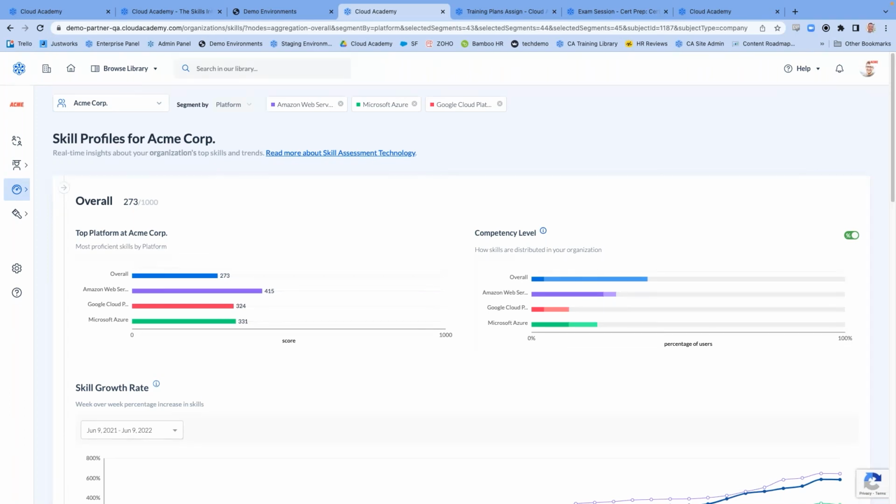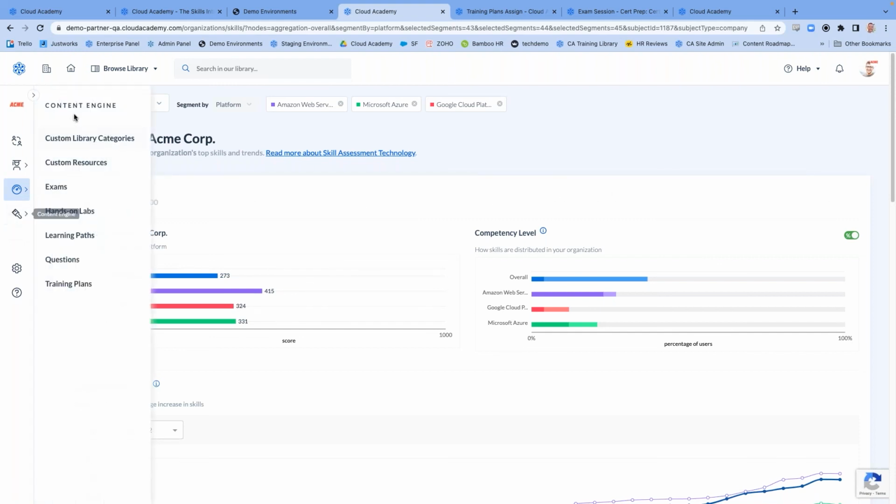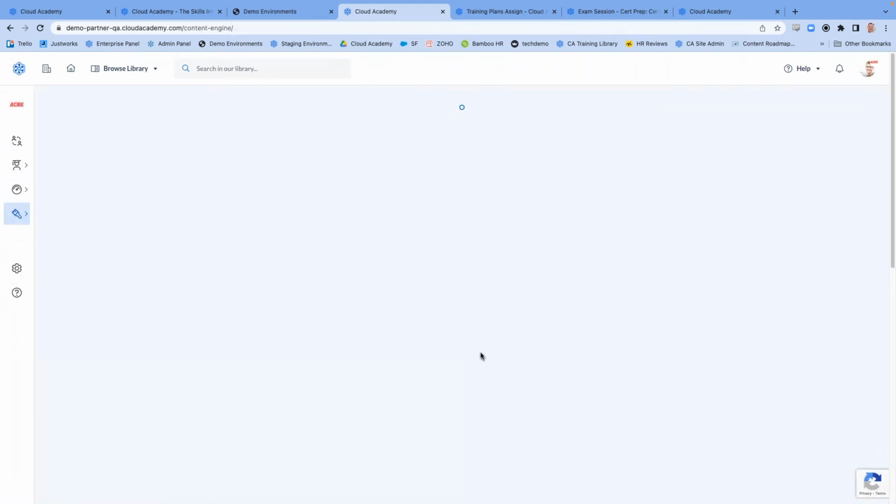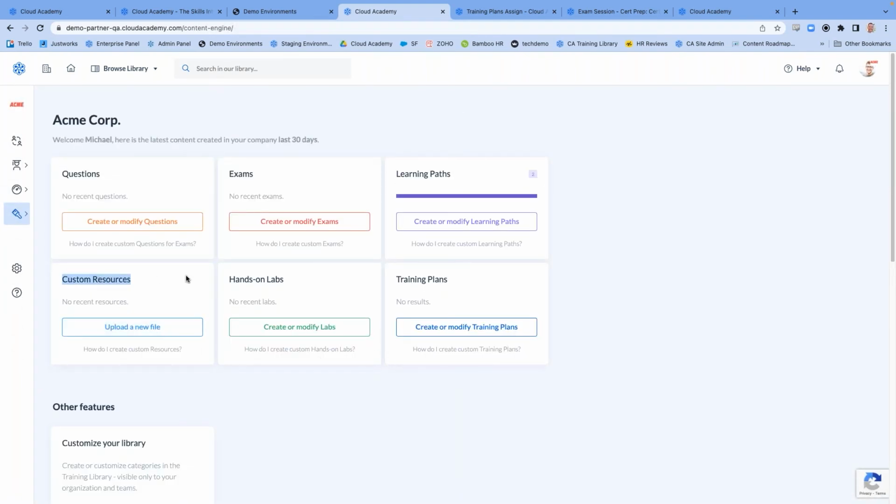So on an enterprise level, can this same learning training structure be used for non-cloud or tech skills in training structures? What a phenomenal question. Yes, yes, yes. So that is exactly what I was referring to within Content Engine. So if you wanted to bring in, for example, maybe you want to train some salespeople on their soft skills, you can upload all of those soft skill resources that you want to bring in into the platform. Then you can leverage the validation piece if you really wanted to, and absolutely align those skills for custom tracking within that skill profile area. Thank you for that, Lola. What a great question.